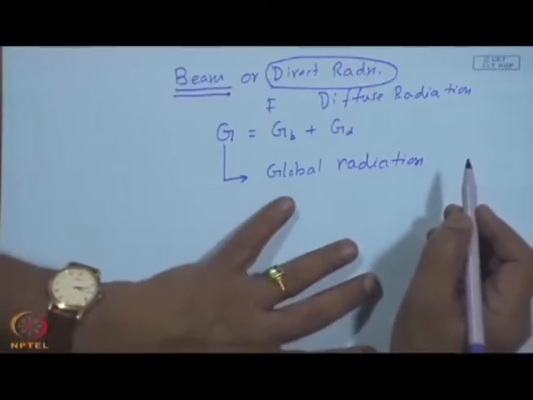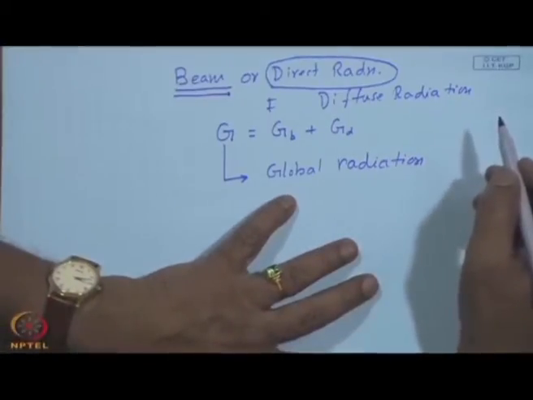This was also earlier called total radiation, but then people started having confusion: total for the day, total for the month, or total for the year. So, the terminology is that there is direct radiation and diffuse radiation, the sum of which makes the global radiation as measured on the Earth's surface.